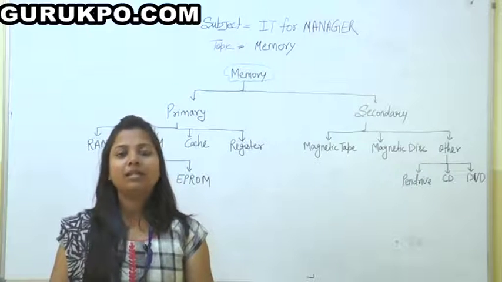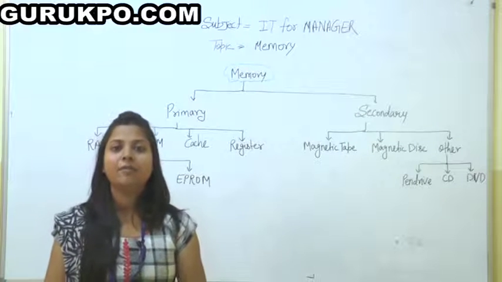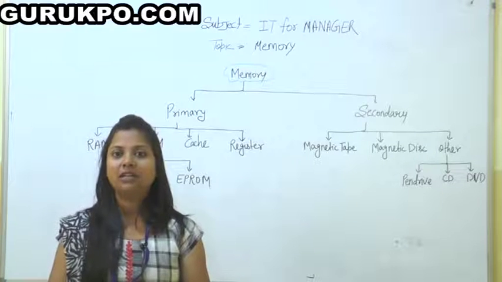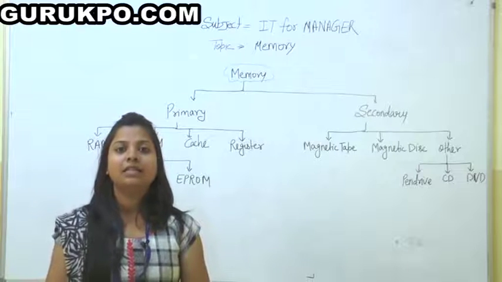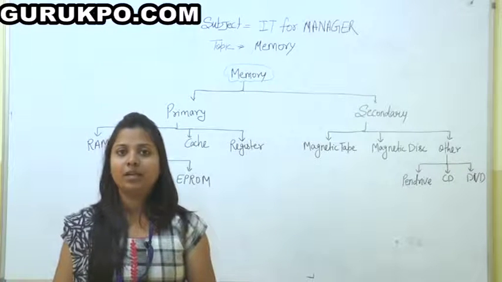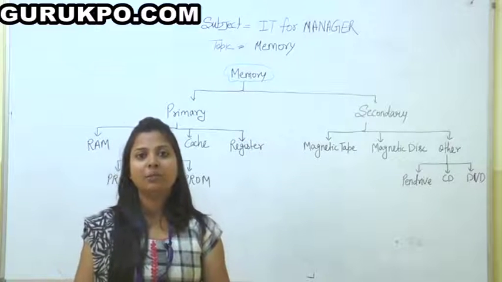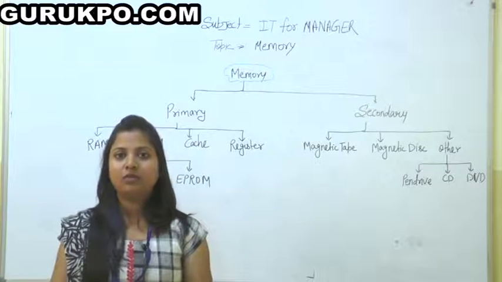Another example, if we are starting a computer, then the booting program, the initialization program that runs at the startup of a computer, is stored in a ROM. This is a volatile memory because it is deleted after the computer is shut down. So this will be stored in a ROM.